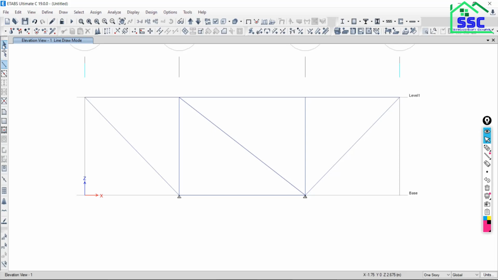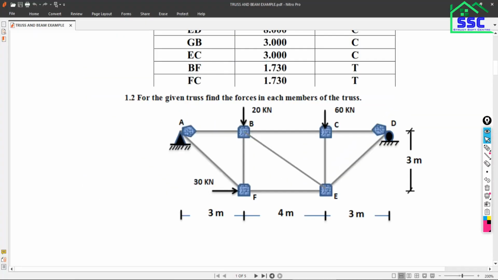So finally we have completed the modeling of this truss. What is the next responsibility? To assign the supports. First, see, is there any need to have these two supports? No, sir. Look at the question: the support is at the top joints on the left and right. On the left it is a hinge, on the right it is a roller, but at the bottom side there is no need to have any support.